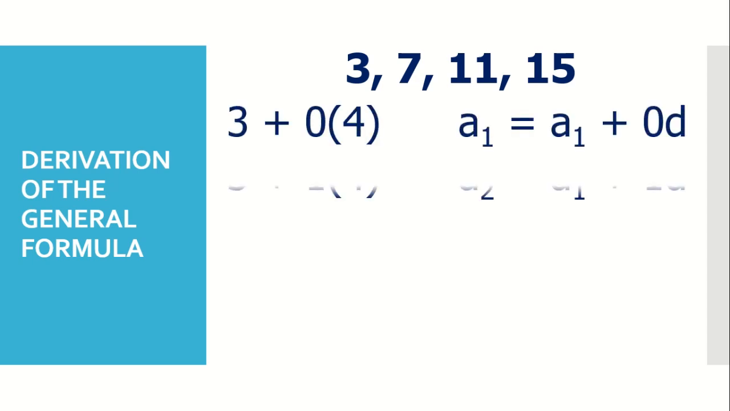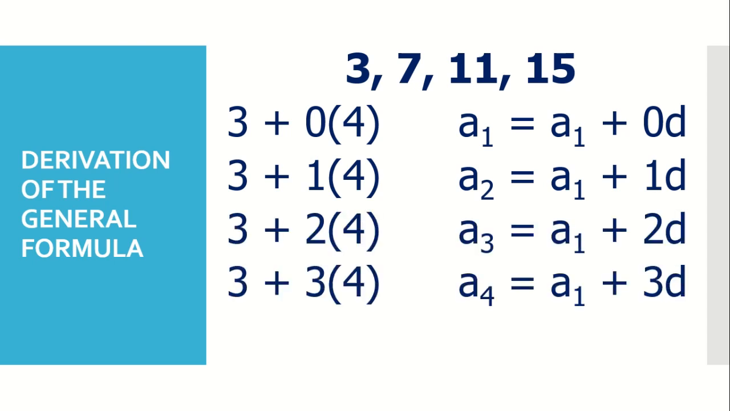To derive the general formula in finding the nth term of an arithmetic sequence, let us use the sequence 3, 7, 11, 15. The first number is 3. The next number is obtained by adding 4. 3 plus 4 is 7, 7 plus 4 is 11, and 11 plus 4 is 15. Thus,